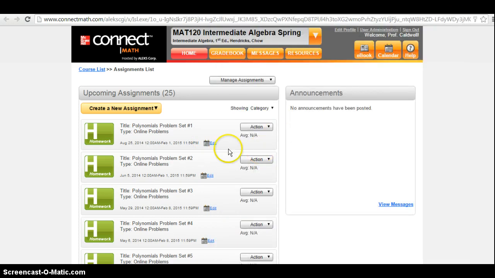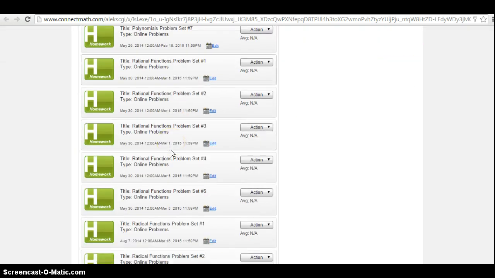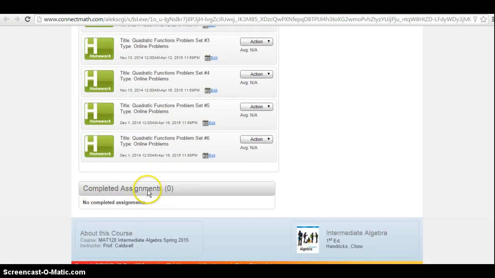Okay. All right. Then the other thing I wanted to show you is, notice here how it says upcoming assignments. So these are the assignments whose due dates have not been reached yet. If you scroll down, you'll see this completed assignments. So once you complete an assignment and the due date has passed, the assignment is going to fall down here